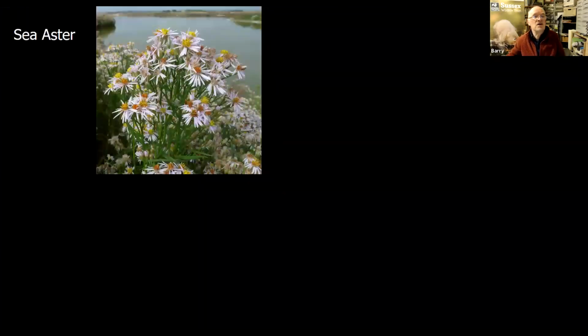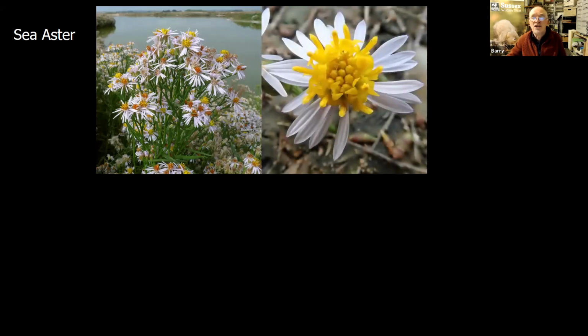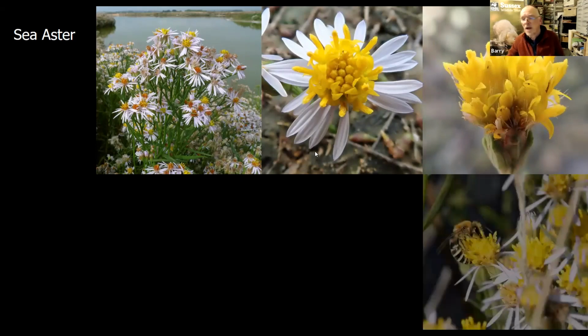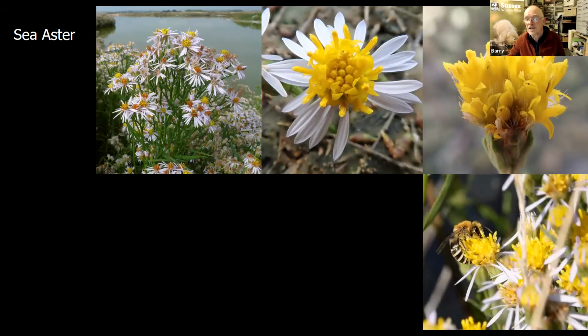And on the salt marsh we have a lot of late flowering plants. The sea aster is similar to Michaelmas daisy and grows about the same time. It has 2 different types of flower. It has the classic daisy flower with the longer ray florets, the petals, and then there's this other variety which lacks those longer petals. But both types are attractive to insects, and one insect in particular is the sea aster bee,